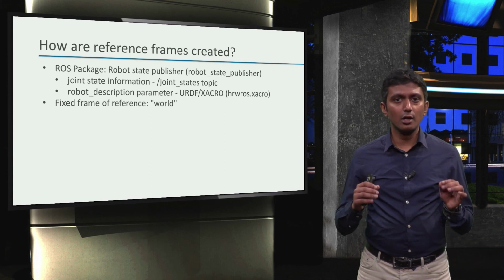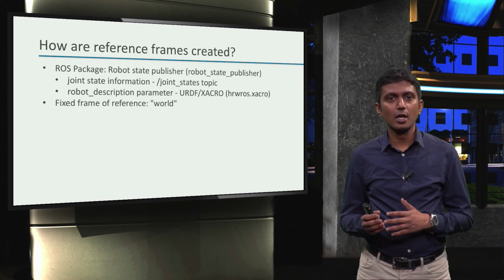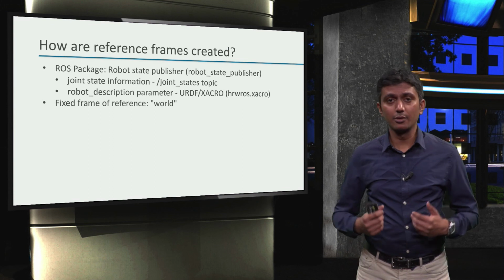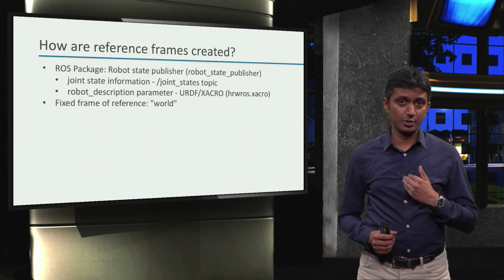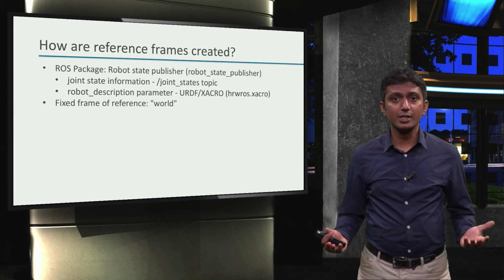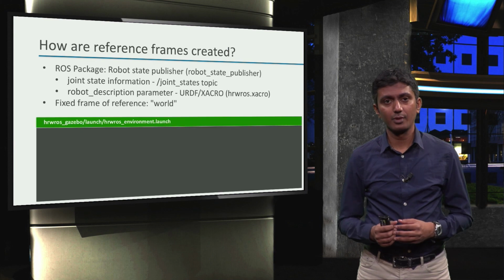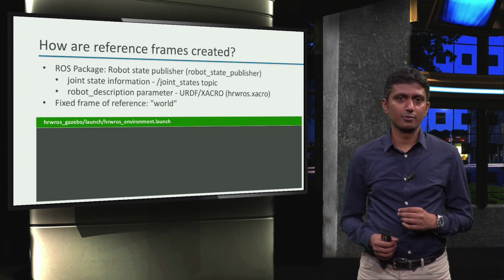Typically, the world link that we saw in week 2 is used as a fixed frame of reference, but this can also be different when we have robots that move around, like in our case with the TurtleBot. Further, it is our responsibility as users to arrange for the information required by the Robot State Publisher package. Let's first see how the joint state information can be arranged for.